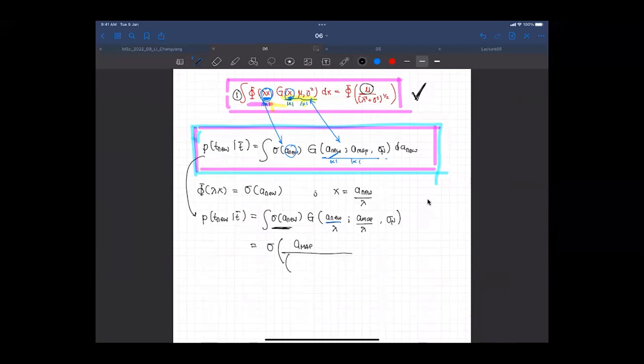What is lambda square? Lambda minus square, so that's minus 1/2. Lambda square plus sigma square. Sigma square equals sigma n, that's right. And this one is